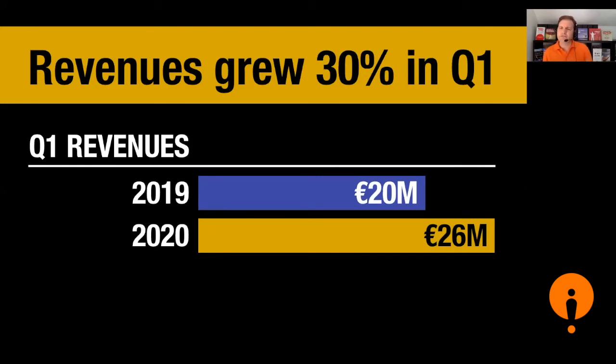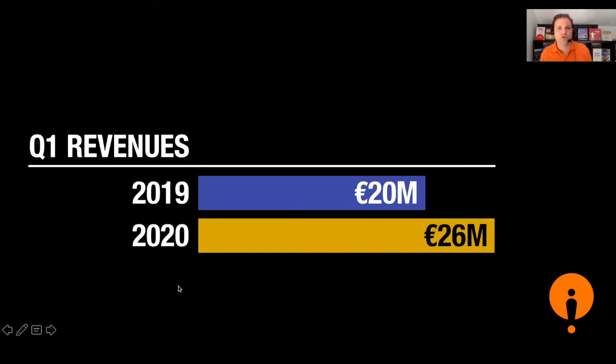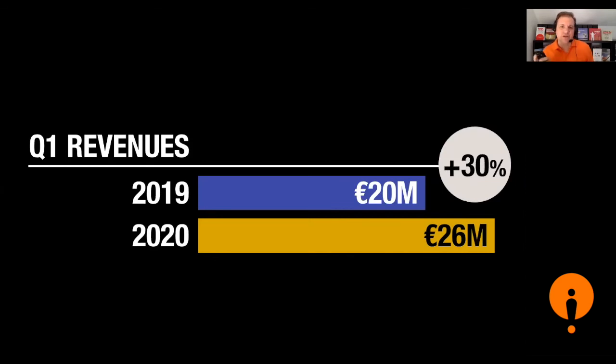And so you don't even need the title. Should we take away the title? We could. We can simply say, all right, Q1 revenues, there we are. And then you might think, okay, but 20 to 26, that's good growth, but how much is that? That's 30% growth. Maybe we make it easier by adding the 30% to the slide. Always try to make it really simple. So all of these three options would have followed that 5-second rule.